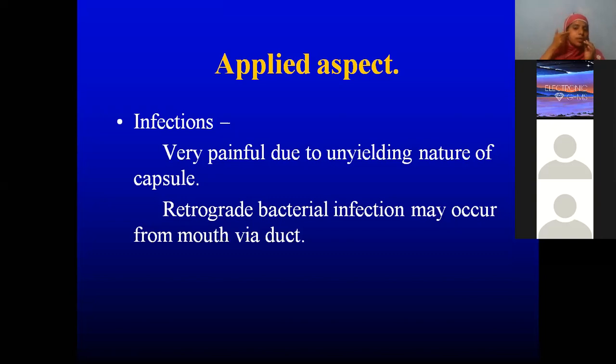It is attached to the zygomatic arch, and inside it is attached to the tympanic plate, and the attachment is quite tight. Because of which the parotid gland cannot swell if there is any infection. Despite that, due to infection it will be swollen, because of which it will be highly painful. Okay. So retrograde means what? In reverse direction. If bacterial infection is going, it may go from the mouth through the parotid duct. The infection can go to the parotid gland. That means if any oral infection is there, it may lead to mumps or any sort of infections.